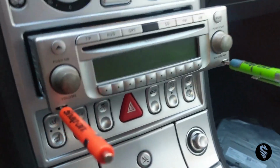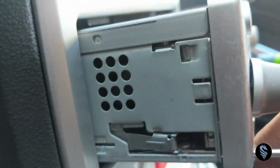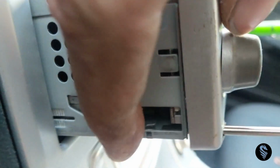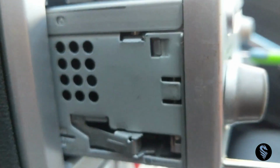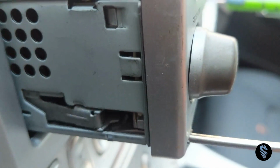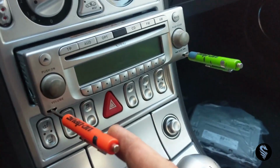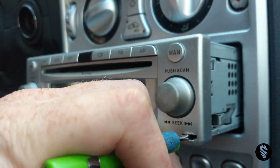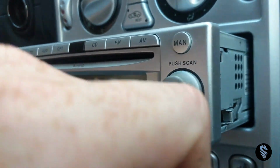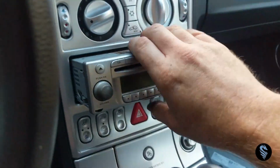So as you guys saw, that was a bit of a doozy getting it in there, and this is that mechanism that I was messing with. So this lever locks in to the side panel here. You can kind of see, you have to get the pocket screwdriver in and push that inwards. So when I'm pushing like this, and you do it on both sides because it's the same deal over here. And actually I've got them wedged in so well right now that it's got the whole thing locked in place. But yeah, that's the trick to getting those little DIN connectors out, and then the whole thing just pops right on out,